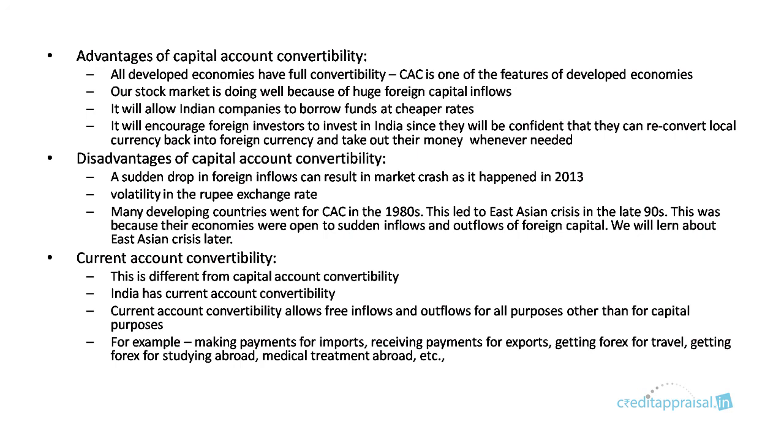Okay, this will also result in volatility in the rupee exchange rate, because, as we'll discuss in a later chapter, this exchange rate between India and dollar, for example, when we say $1 is 65 rupees, that exchange rate is a function of demand and supply. It's a function of demand for Indian rupees vis-a-vis the US dollar. If there's this erratic flow, sudden outflow of dollars from the economy, there will be volatility in the rupee exchange rate. The rupee value might fall.